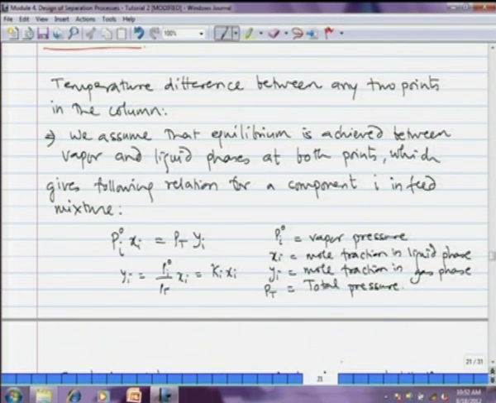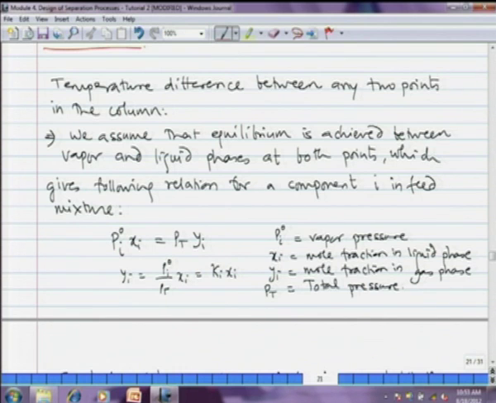First of all, we assume that equilibrium is achieved between vapor and liquid phases at both points 1 and 2, which gives the following relation for a component i in the feed mixture. This is the equilibrium relation: Pi naught xi is equal to Pt yi. Pi naught is the vapor pressure, xi is the mole fraction of that component in liquid phase, yi is the